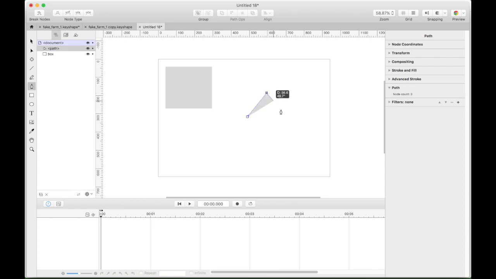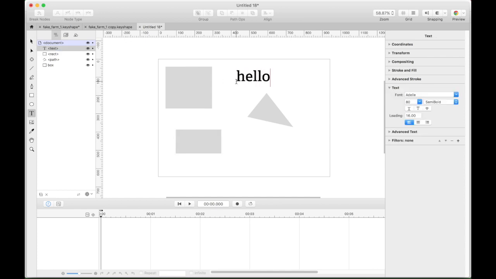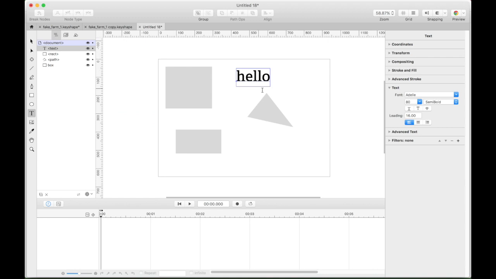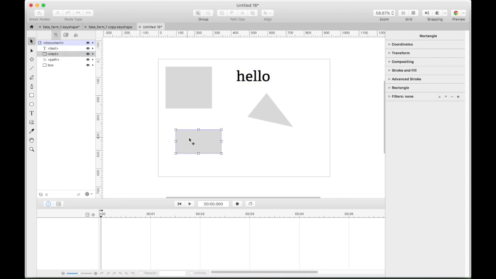If I do a vector tool, you're going to see that it changes to the word path, where if I just do a rectangle, it comes as a rec. So you'll see it handles these different products differently. If I do a hello, oops. So if you do command, well, we'll get back to that. So this is a text. And then here's a rectangle down here. And here's a box because we named it.